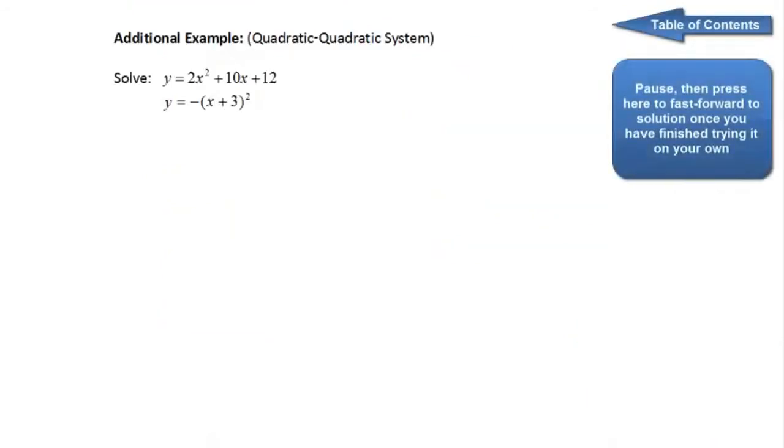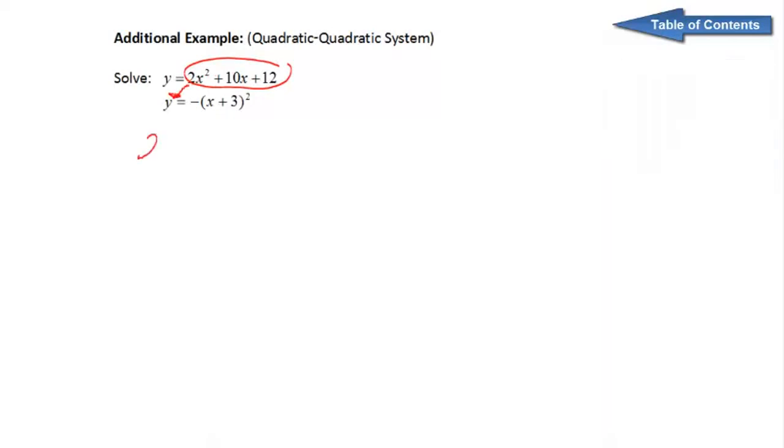All right, let's try an additional example, a quadratic system. How can we recognize it's a quadratic? Well, if we take a look, we have this raised to the power of 2 and this raised to the power of 2. So to solve this, it's up to you. There's a couple of different plays, but what I notice is that both equations are set equal to y. So what I can do is I can take this whole equation, since it's set equal to y, and substitute it into this y. That would give me 2x squared plus 10x plus 12 is equal to